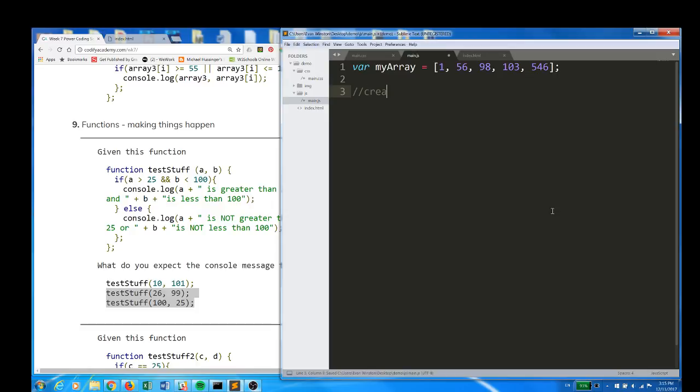Well, I want to create a function which returns the total sum of an array of numbers. It's going to be a function which takes an array of numbers as an argument. Okay, create a function which takes an array of numbers as an argument and returns the total sum of the array. So we're not looking for the length of the array, we're looking for the sum of every number inside the array. So let's call this function total sum,